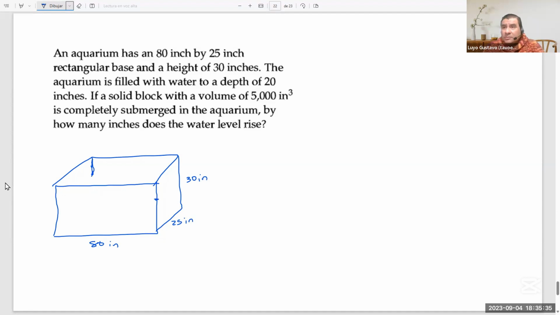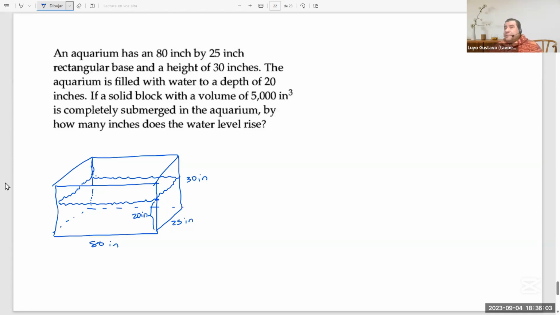So here there is some water. This is 20 inches, the height of the water. And of course, it should be something like this, right? If we try and visualize